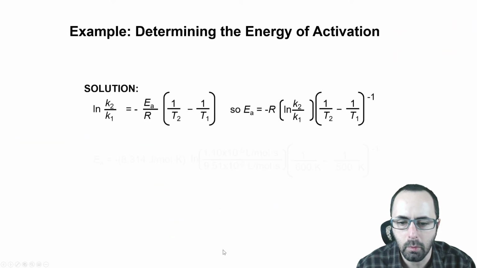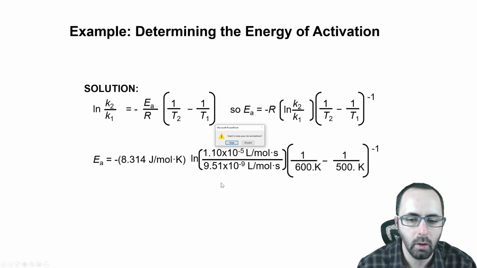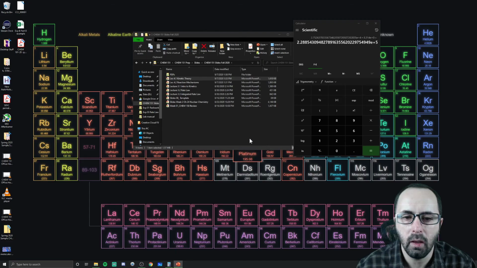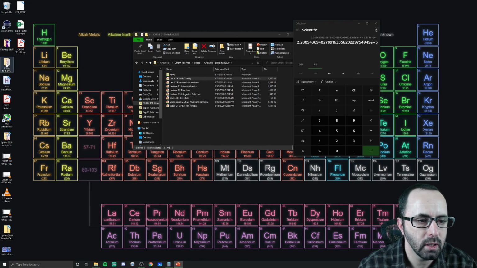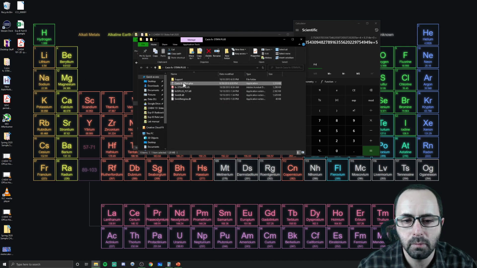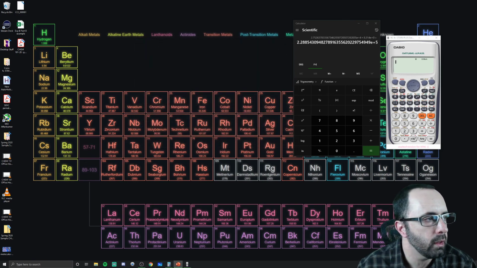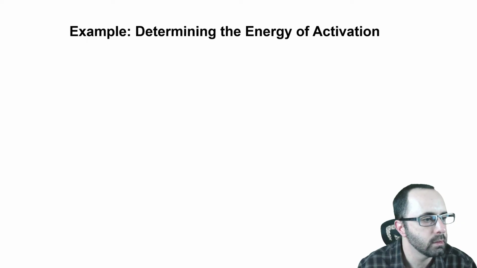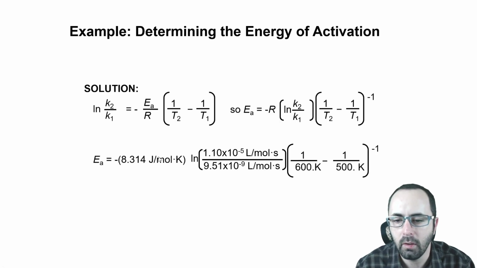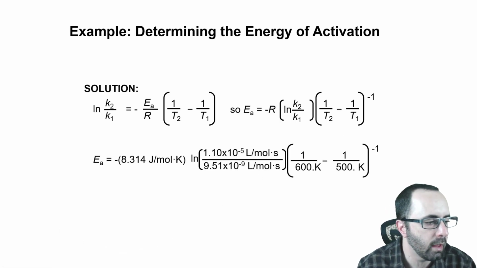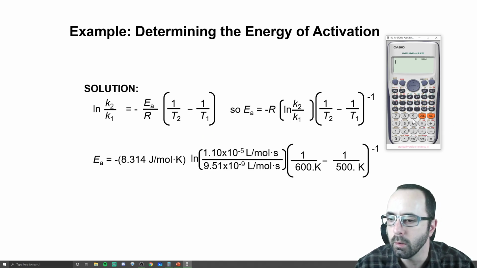I'm going to use my double line calculator just to show you guys, because probably you guys have a double line calculator, I imagine. And so just so you can see how you could plug this all in all at once if you wanted to, I'll show you that too on the Casio. So we could do negative 8.314 times the natural log of